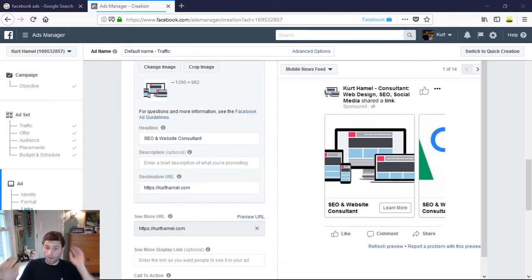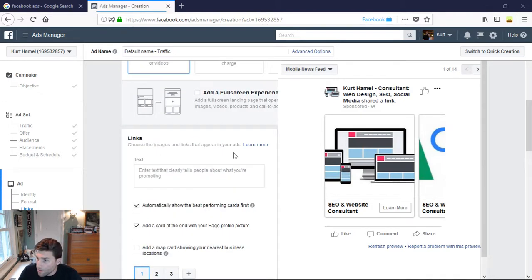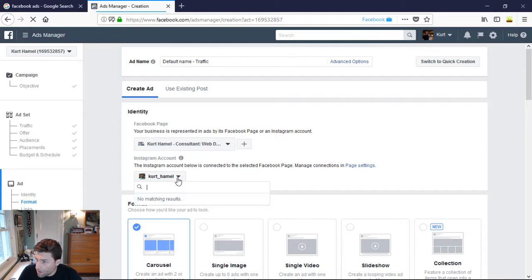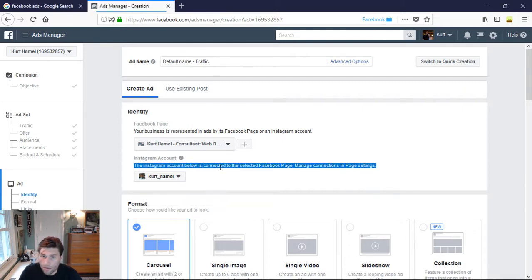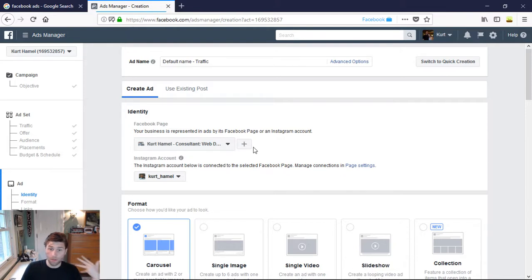And all this stuff too, I forgot to say, this can all be copied over to Instagram too. So this is all, the same platform is used for the Instagram ads. You can put it on there, and the Instagram account, see, I have my Instagram account connected, so I can do ads that relay back to my Instagram as well. For what I do, I don't do work with too many people that do visual ads that are strictly for Instagram. But if you are selling a product, Instagram is amazing. Or if you're selling like skincare services or whatever, the more visual the thing you have, the more Instagram I'd say you lean,